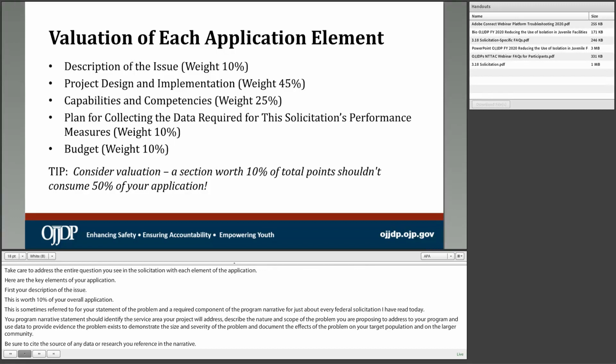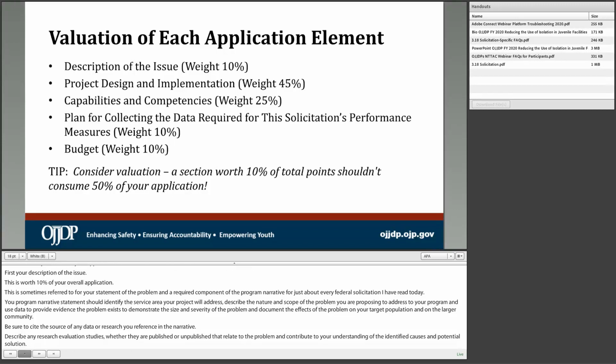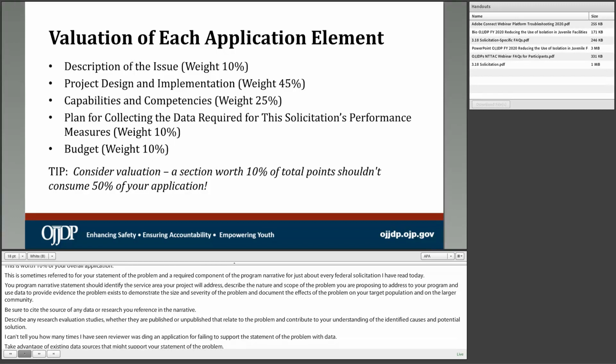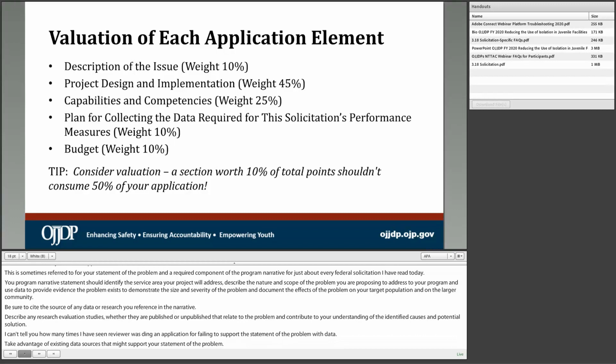Be sure to cite the source of any data or research that you reference in the narrative. Be sure to describe any research or evaluation studies, whether they're published or unpublished, that relate to the problem and contribute to your understanding of the identified problem's causes and potential solutions. I can't tell you how many times I've seen reviewers ding an application for failing to support the statement of the problem with data. So take advantage of existing data sources that might support your statement of the problem. For example, for juvenile specific data, check out